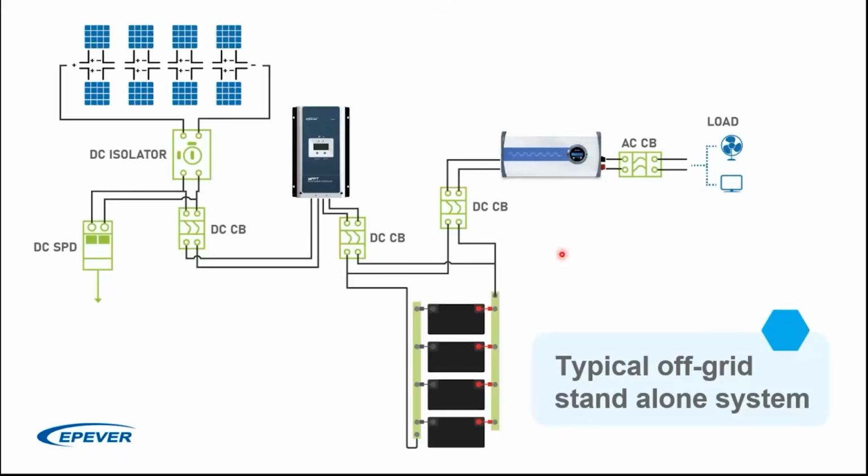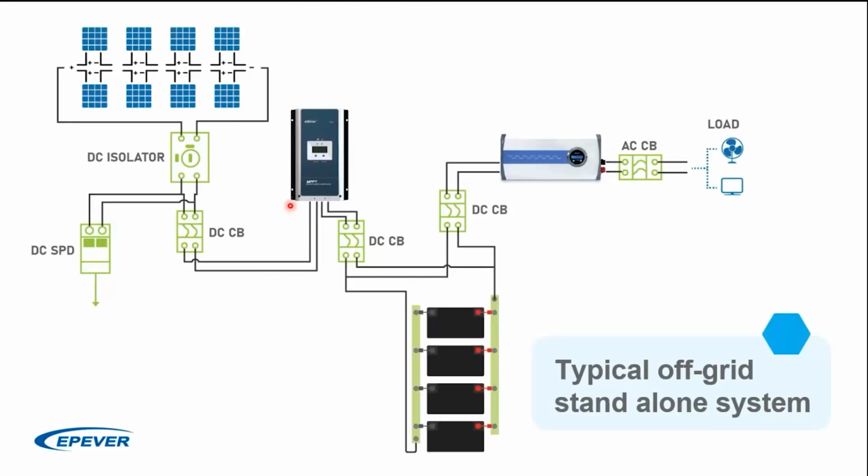Well, this is a simplified schematic of a common solar standalone system. As you can see, it has different components. If we start from here, we have solar PV arrays with different configurations. They can be in series and parallel together. Then we have a DC isolator to ease the maintenance process and to disconnect your solar PV array from your system. And then you have the surge suppression